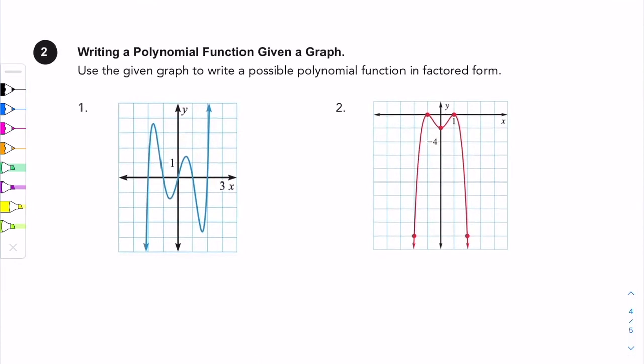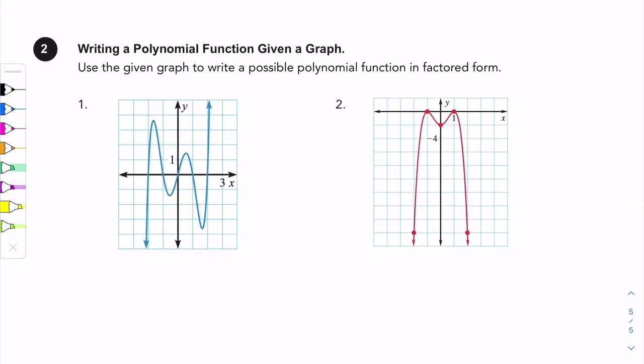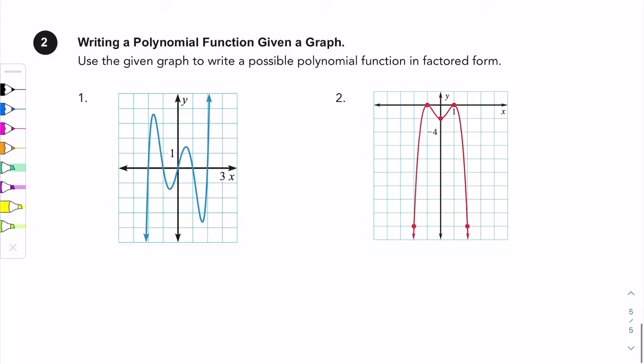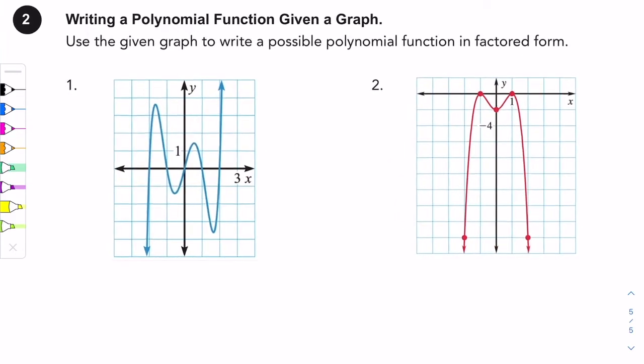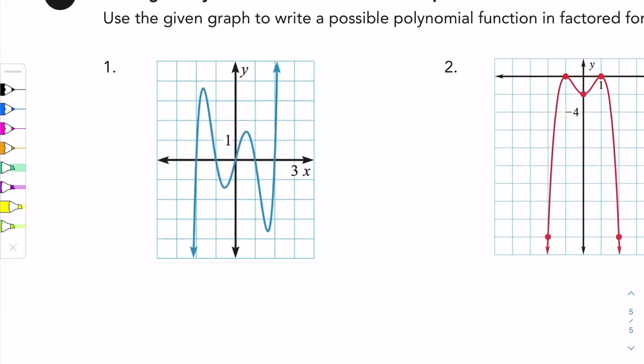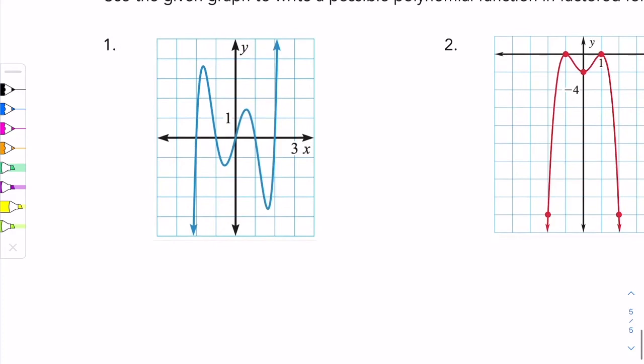For the last set of examples, we are asked to write a polynomial based on the graph that's given. So there's a few ways you can do this, or there's a few parts that you can use to do this. But I like to take a look at the end behavior, the number of turning points, and the zeros, as well as the y-intercept,